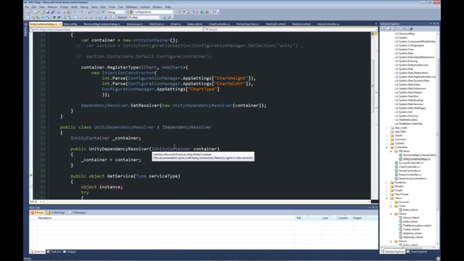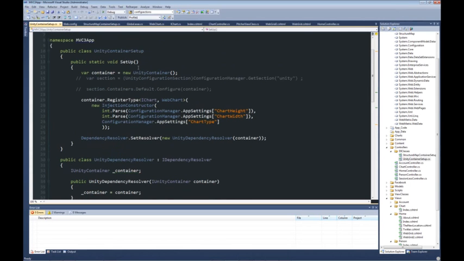And you can see some similarities here. We're wiring up the Unity container in a very similar way. Syntactically, a little bit different, but basically the same thing. So if you're using a particular IOC container, there's no reason why you can't make use of these new features inside of MVC3. Now, what the good thing is again, going back over the home controller, a line of code like this